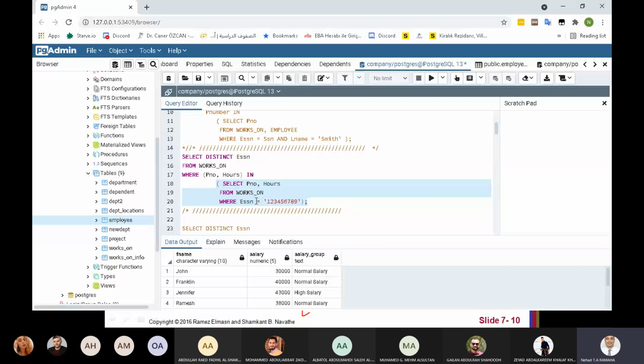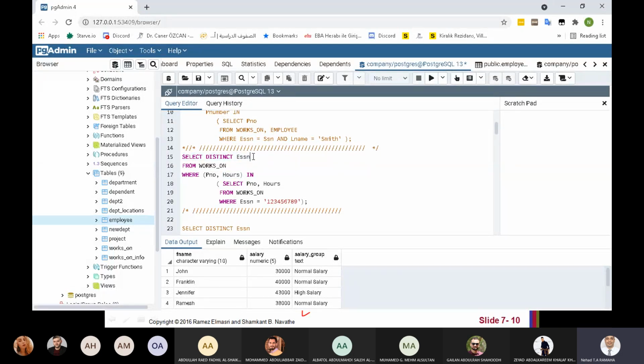This select statement returns project number and hours for this employee. So if another employee works on the same project, same number of hours, his ESSN will be in the result.